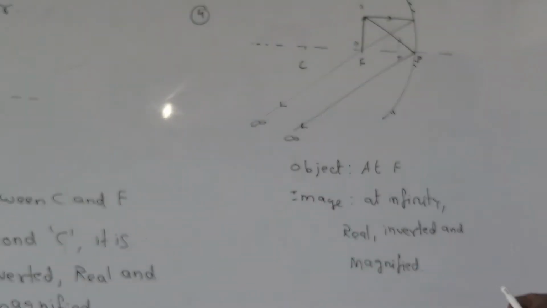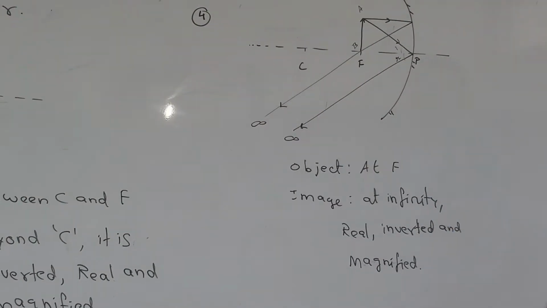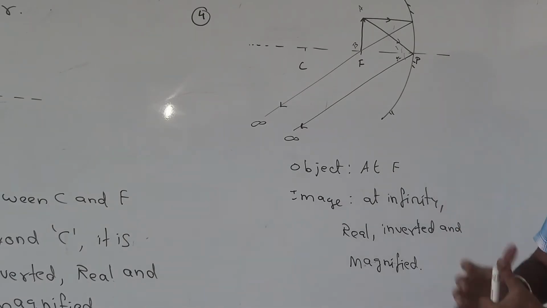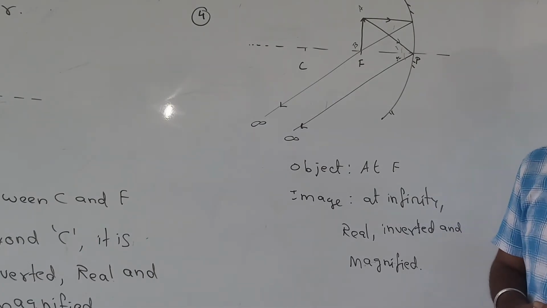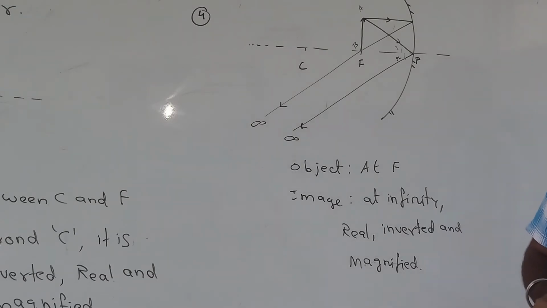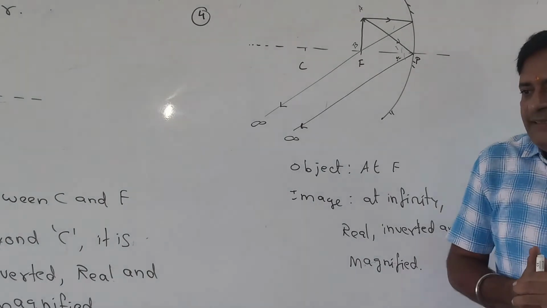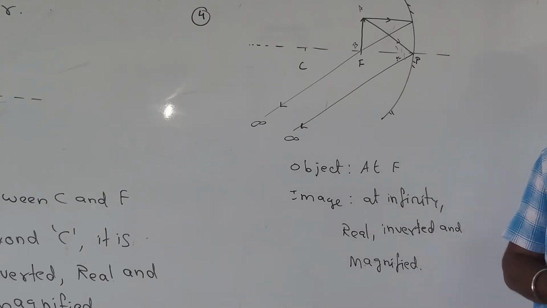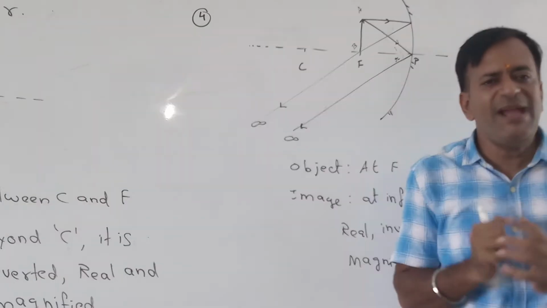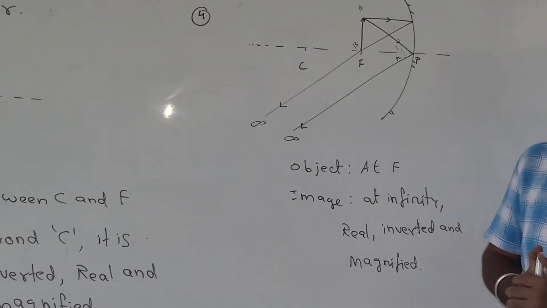Now when you take a look at the reflected rays, they are parallel to each other, and generally we say that according to principle of mathematics, parallel lines never intersect. Okay, but there are a few exceptions. If you take a look at the globe carefully, the longitudes are parallel to each other at the equator, but when they go to the pole, they actually intersect. So there are a few exceptions for this rule.